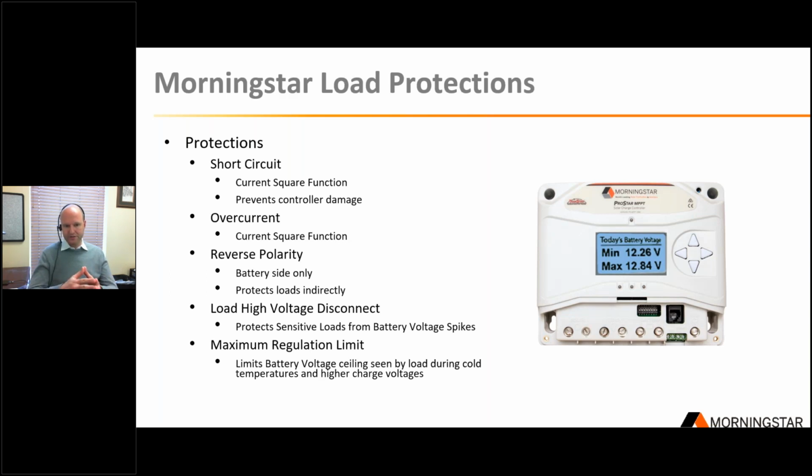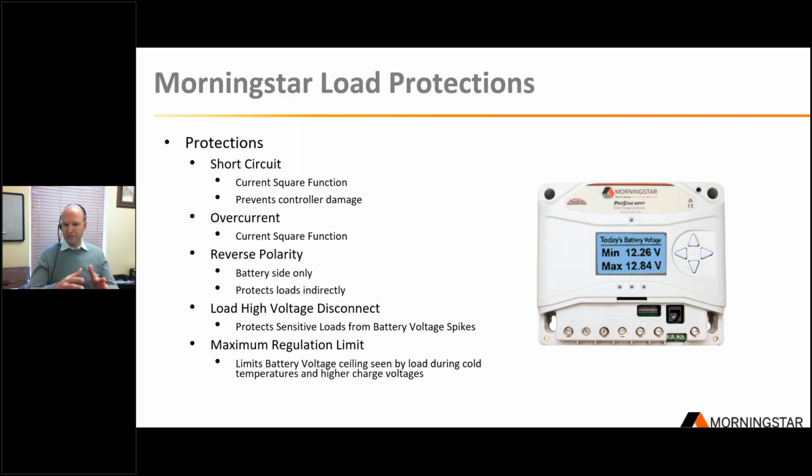This is with the meter, of course, and a lot of these protections and features are actually common to all of our products, so I want to go into a little detail. First, what are some of the protections we provide from faults and wiring errors? This would be your standard short circuit protections and overcurrent protections. These features are there to protect the load in some cases, and to protect the product itself from